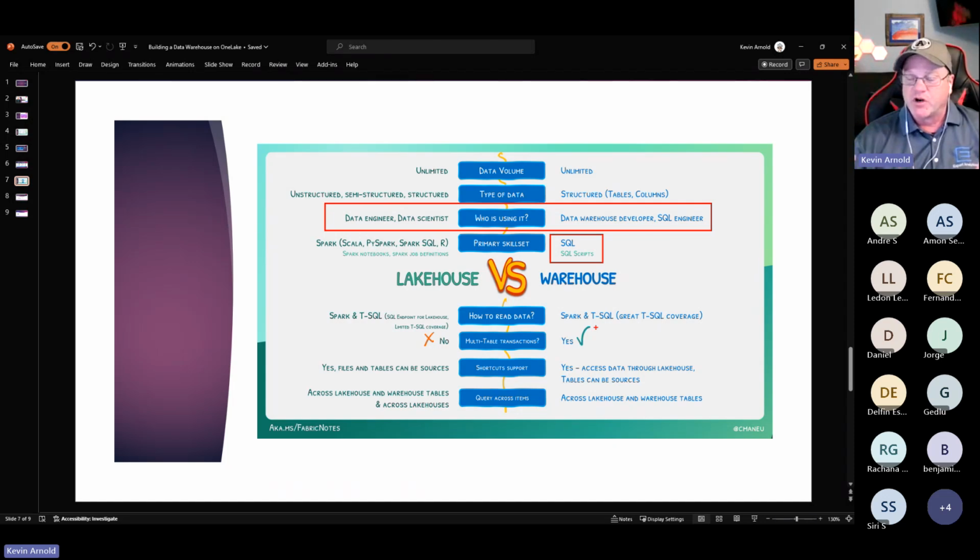So if you create a warehouse, you could read those tables or even those Parquet files, however you want to get to it, in a notebook. If you create a lakehouse and create tables, you could connect to those through T-SQL, right? And over here it is saying it has great T-SQL coverage. We're going to talk about that in just a second too.